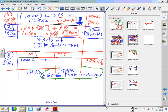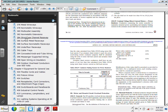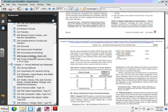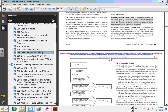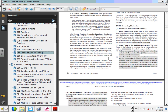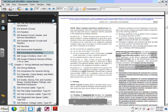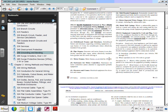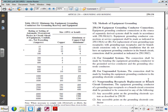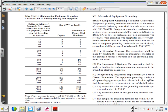So if you guys go to your friend the NEC code book, and I'm going to highlight this once and for all, since you guys are becoming experts in the grounding and bonding system. So we're going to go to Article 250, grounding and bonding, and 250.122 all the way down. 250.66 now closed, 250.122, Table 250.122. You guys are probably already there. Here you go, 250.122. Now when you go to this table, here's the table that we're going to use. I have a 1000 amp,